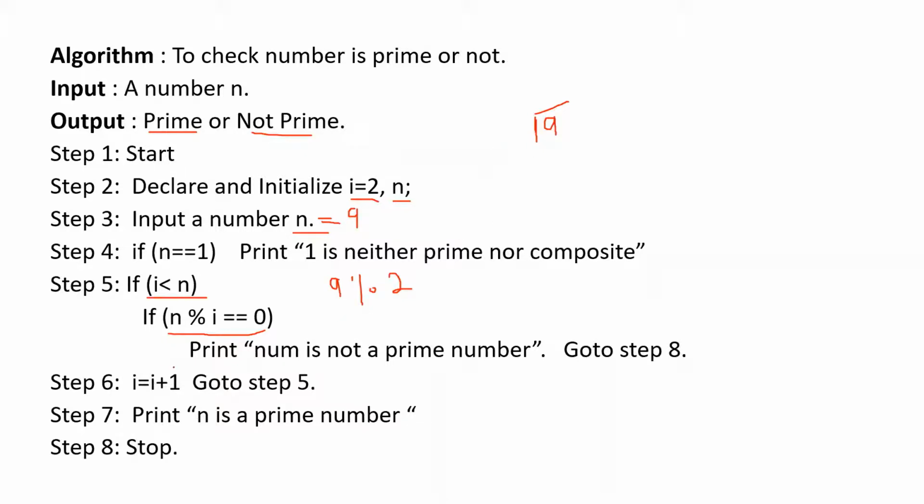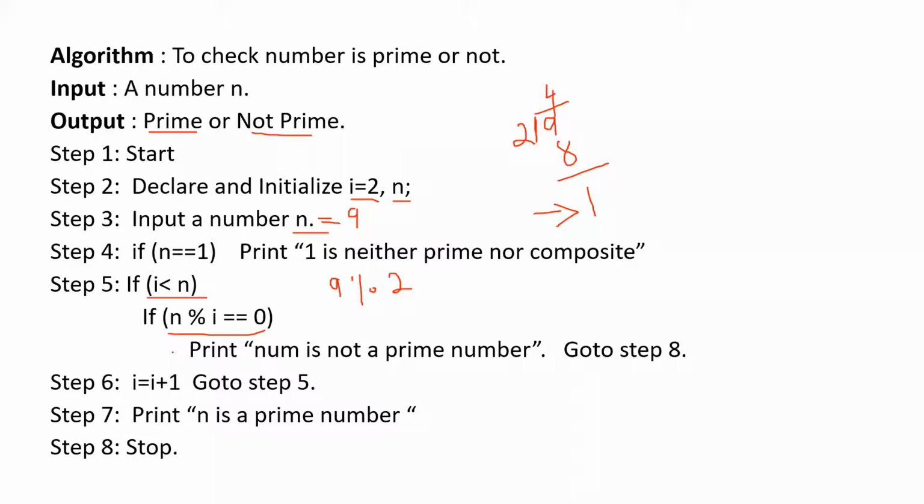So what will happen in this step? Instead of n we are entering 9, and instead of I it is 2. So we are finding the mod operation, that is, we are finding the remainder. How many times will it go? You know that it is 4 times, that is 8, and the remainder is 1. If n mod I is equal to 0, we know the remainder is not equal to 0, the remainder is 1. So this condition is not satisfied.